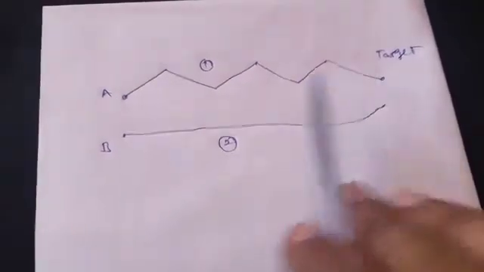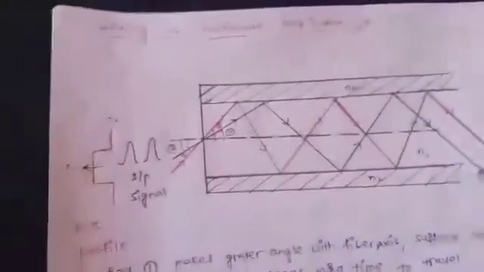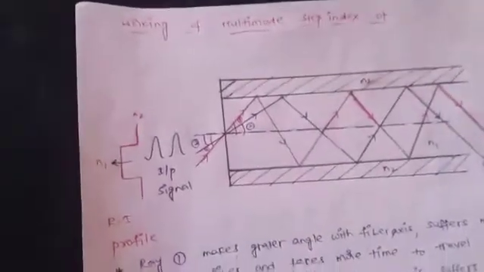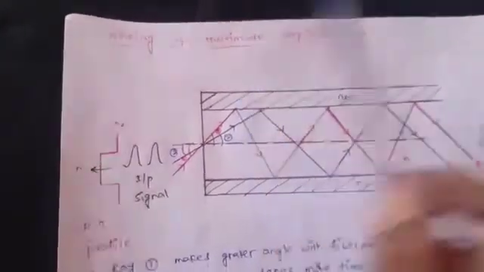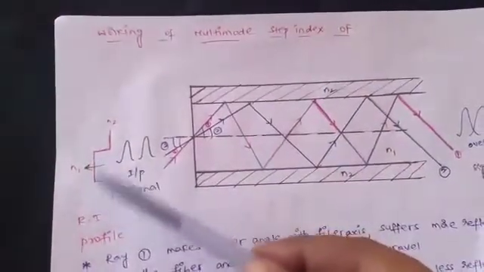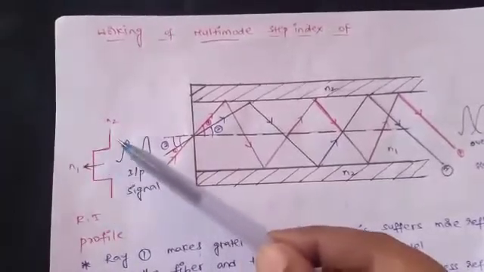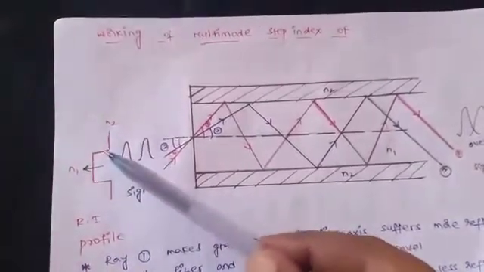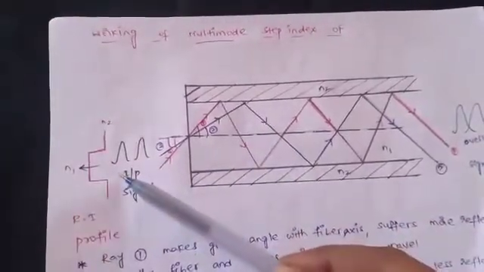Okay, clear? So in the same way, in the case of multimode step index optical fiber, if you see the same picture, in this multi-mode, that means more than one path is available, that mode is called multi-mode. Step index means the core refractive index is constant and there is a step change when the light is traveling from core to cladding. So this is known as step index. So multi-mode step index optical fiber.